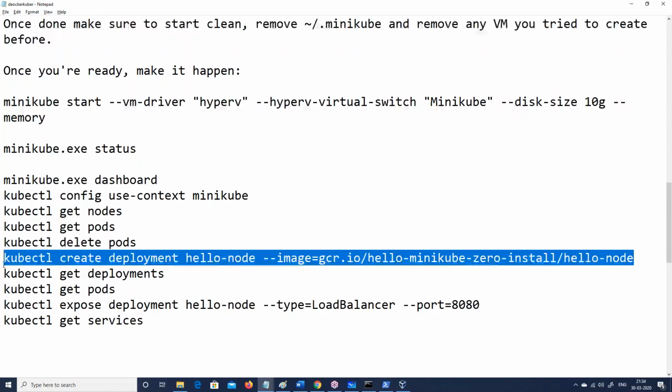So I'm going to run this command so that I can see some pods, right? You can think of this as an image. Yesterday we saw how to create an image file. If we have an image file, which can be of Windows or SQL Server or your own application, you just point to the image file, and Kubernetes will take that and install it into a pod of Docker, or of Oracle VM, or of Hyper-V, right?